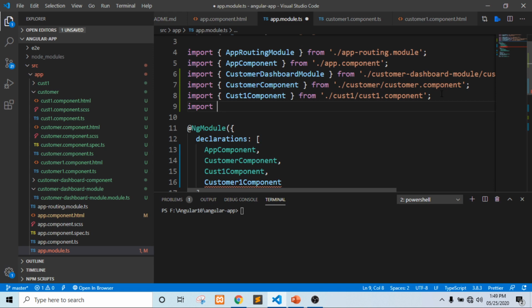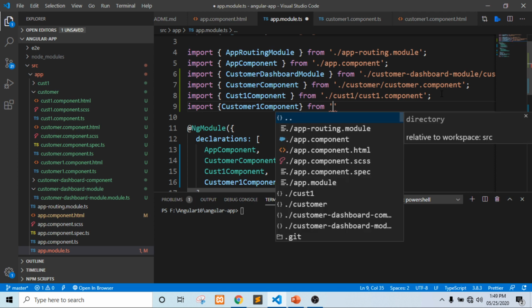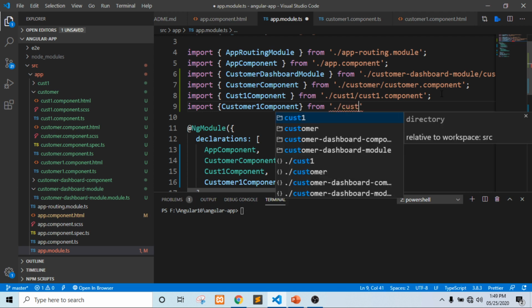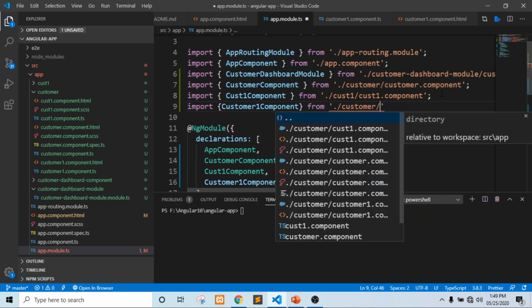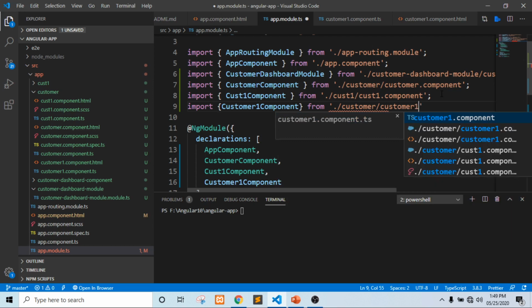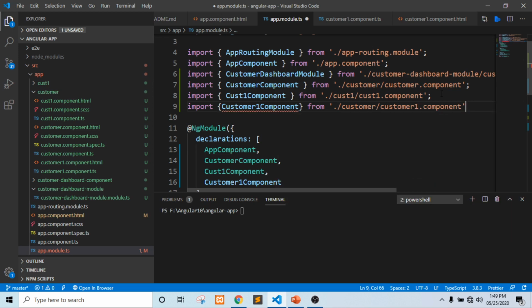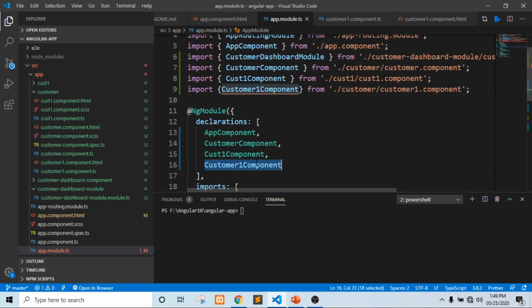And for that we need to import it also. Import this name from the path of this file, dot slash customer slash customer one dot component. So we need to inject this customer one component into the declarations section of app module.